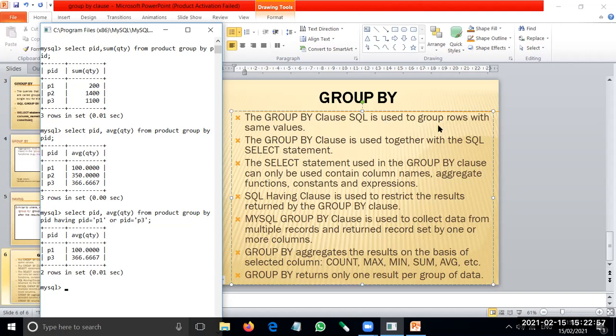So the GROUP BY clause is used to group rows with the same values. The GROUP BY clause is used together with the SQL SELECT statement. The SELECT statement used with the GROUP BY clause can only contain column names, aggregate functions, constants and expressions. We have already used it: column names, and similar column names we can mention. One more thing, aggregate functions we can directly use